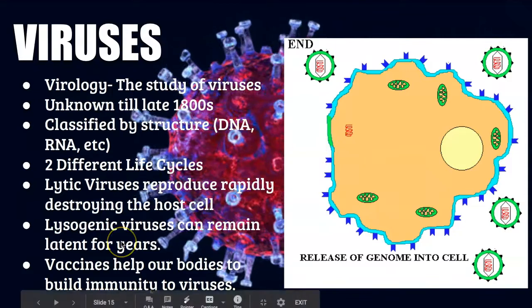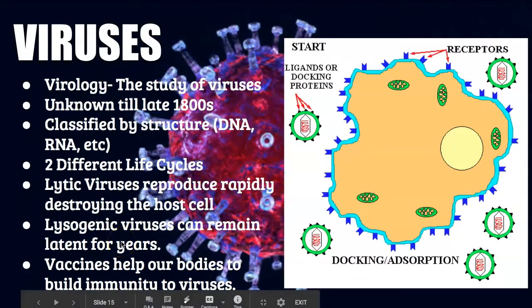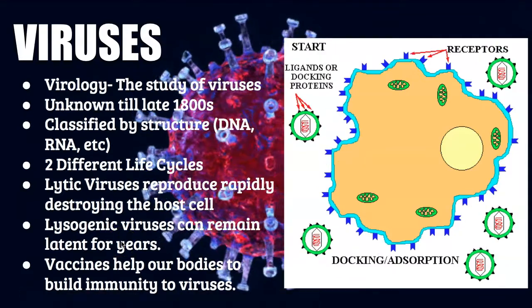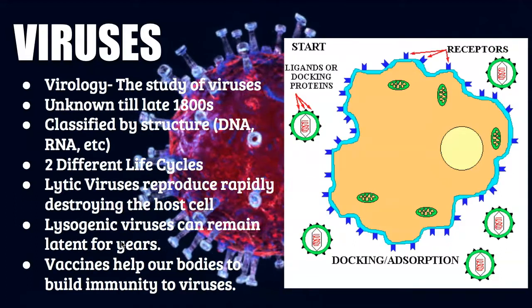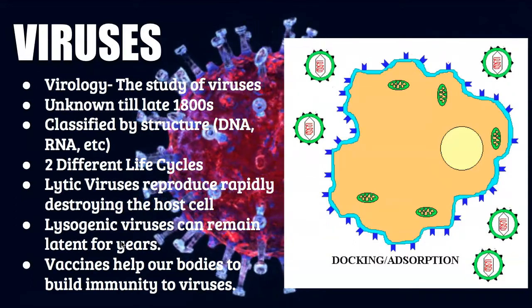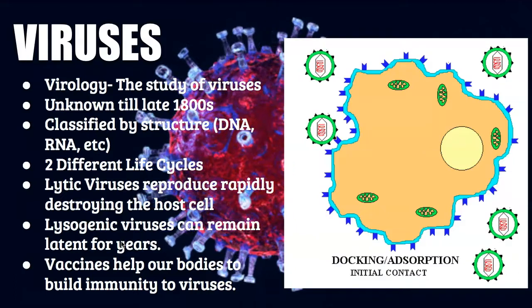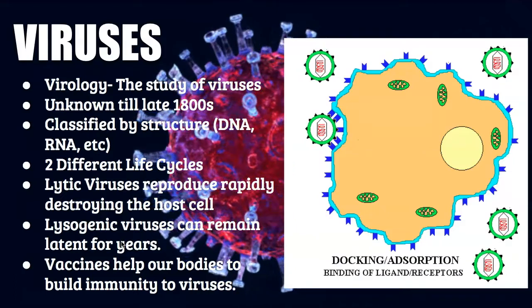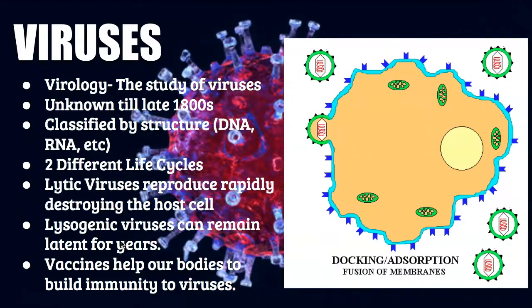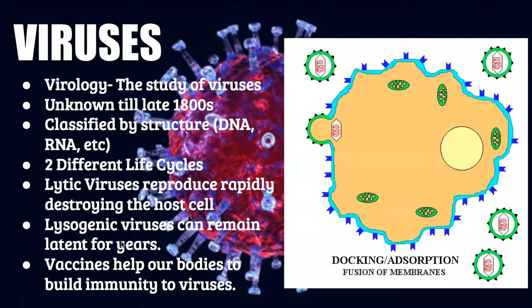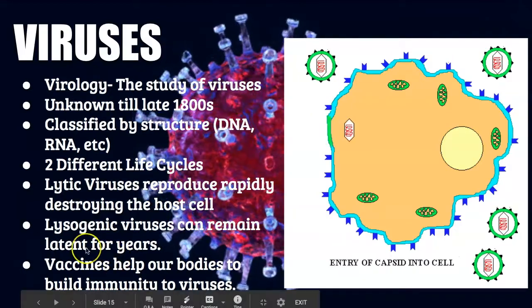There's the lysogenic cycle, which would be things like AIDS, HIV, chickenpox. Those viruses can stay hidden or latent for a long, long time until they come out to basically wreak havoc on the body again. And then we finished off talking a little bit about vaccines, and this is kind of important for what we're talking about today.